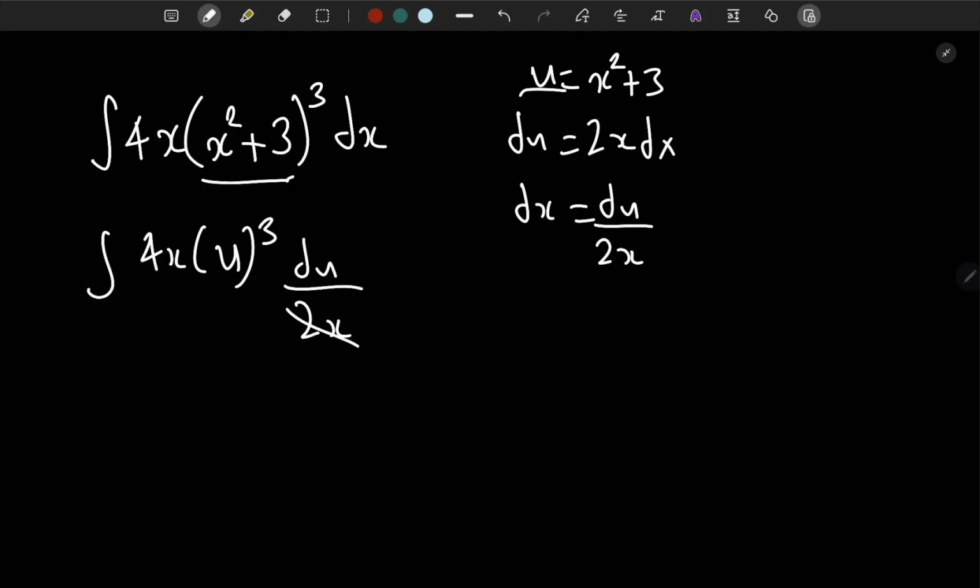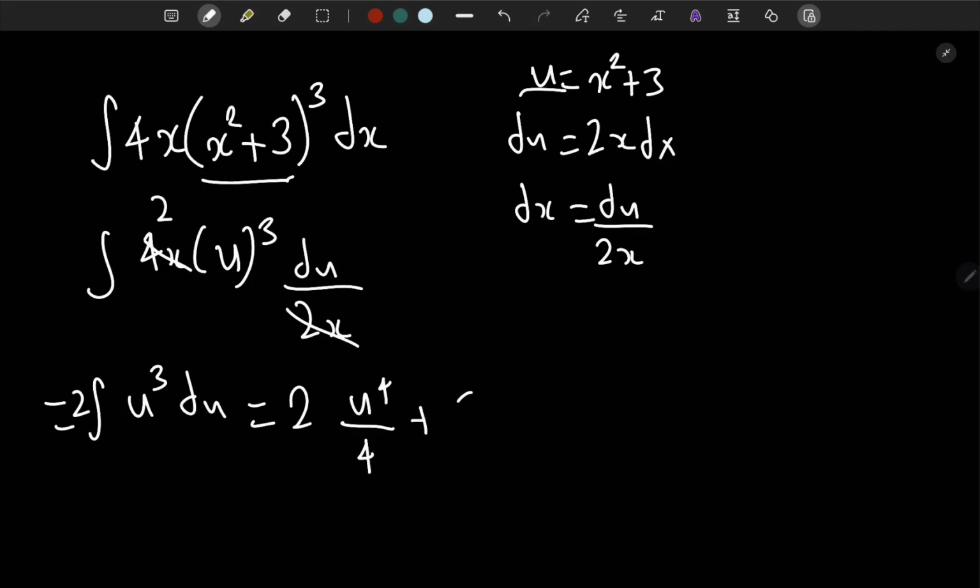And now we can cancel out 2x with 4x over here, and this becomes 2. We can take 2 out now, so integral of 2 outside, and then this is u cubed du, and now we can just integrate this normally, so we'll get u to the 4 over 4